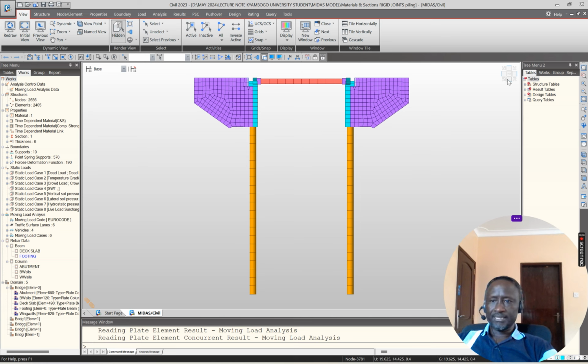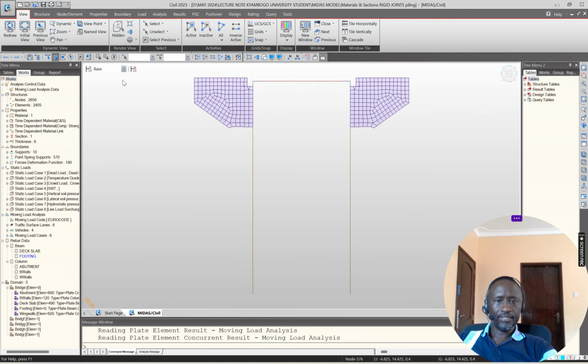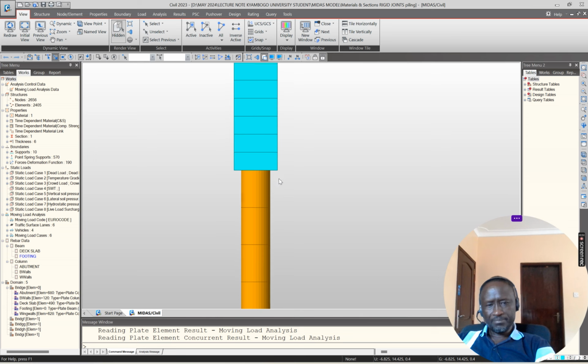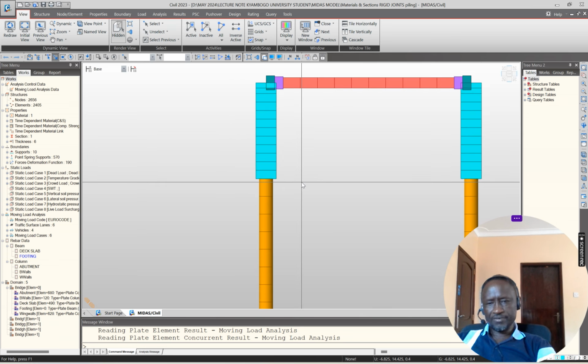So basically, that is how the whole thing is. Normally, without that, you could actually have a look at it like this. Yeah. So if you follow the principles of dealing with piling,